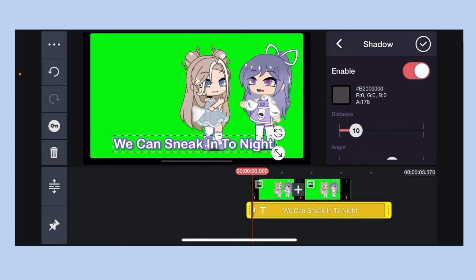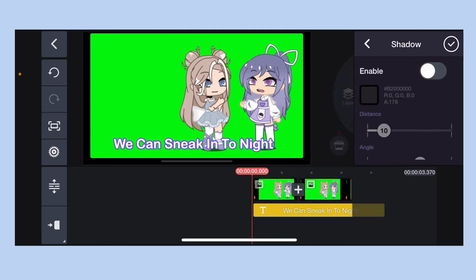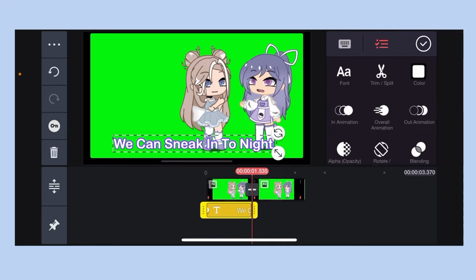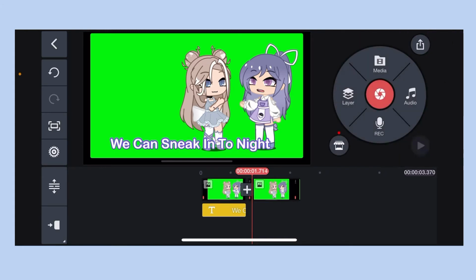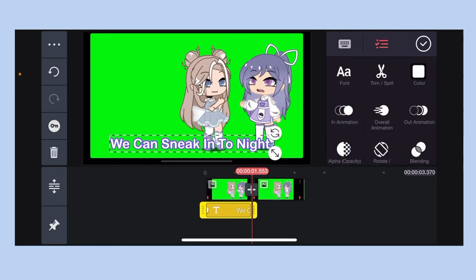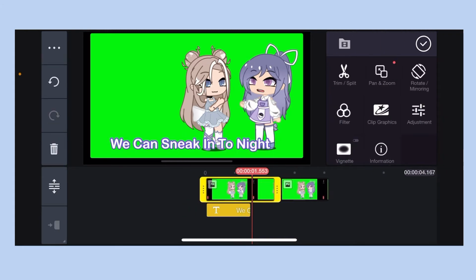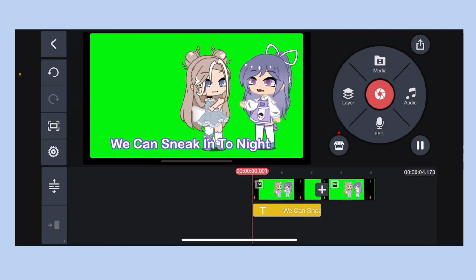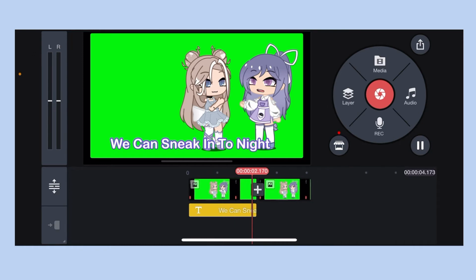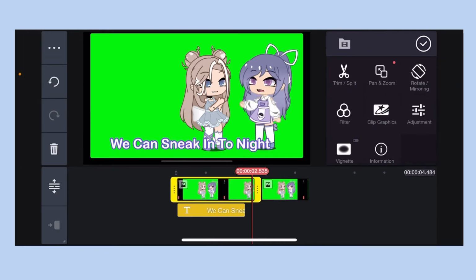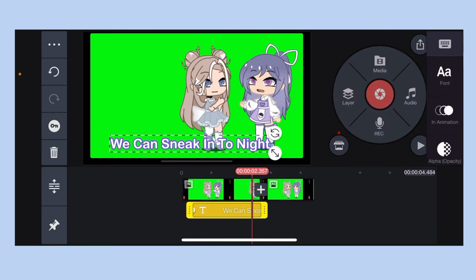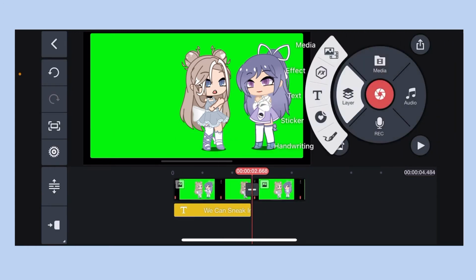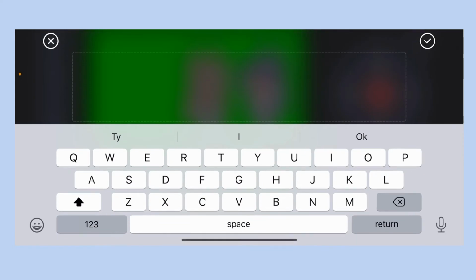Sometimes I do a shadow, but for this one I'm not going to do a shadow. So firstly, I'm going to position this one. Next, I'm going to make this clip a little longer because the text is longer. And I'm going to continue to set this up like that. Next, you're going to do your second text, which is going to say,